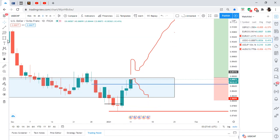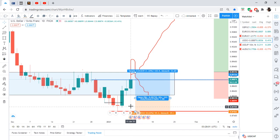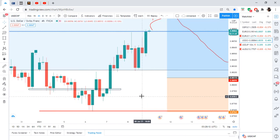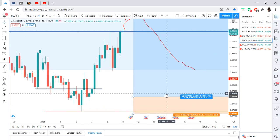Let's even see how much risk to reward I would have gotten if I had entered here and said I was going to get out of here, but my stop loss was going to be here. As you can see, guys, it wasn't going to be too favorable for me. But if we go to the lower time frame, we could probably find the perfect market structure. Yes, I probably would have entered right here, put my stop loss below this wick so that I won't be taken out, and